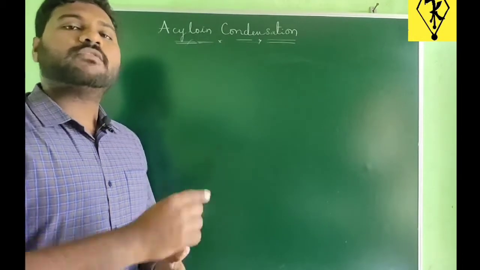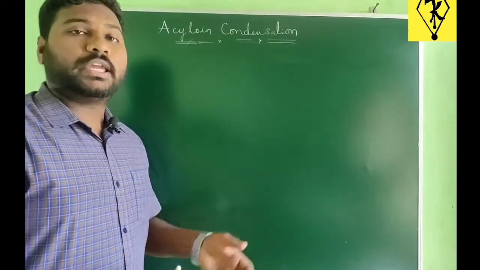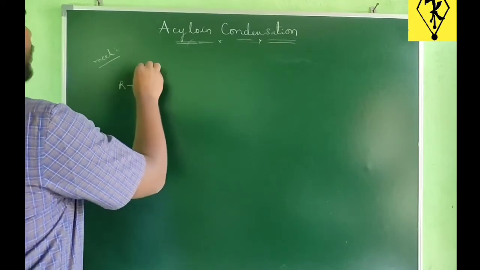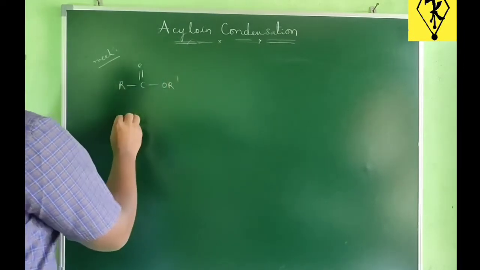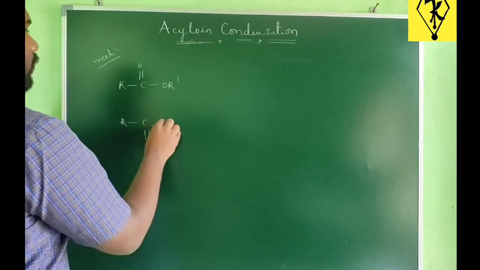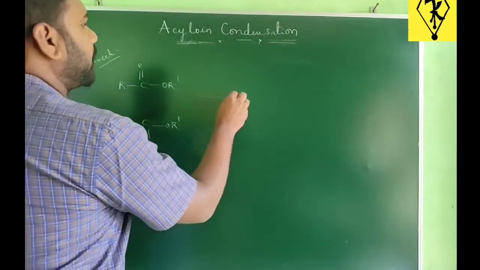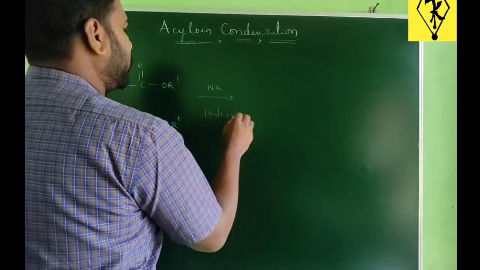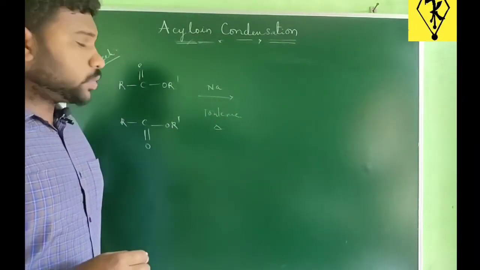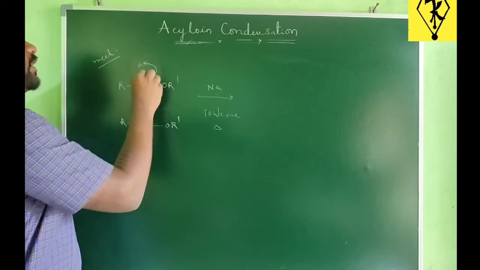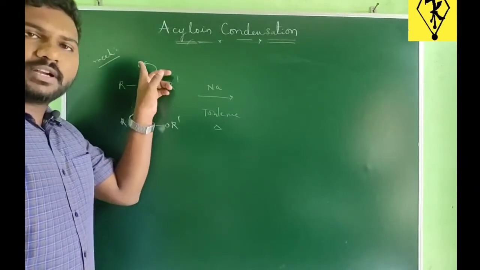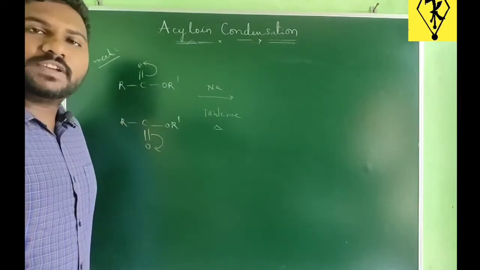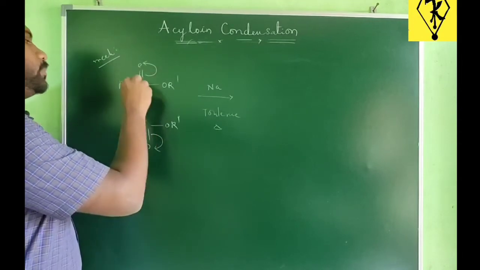In the first step, sodium will react with the carboxylic ester to give a radical anion. We'll see that step. So let us take 2 carboxylic ester molecules, on reacting with sodium in the presence of a solvent like toluene and on heating. Now because of the electronegativity difference between carbon and oxygen, this pi bond shifts onto oxygen in both molecules. Now carbon becomes electron deficient. There is a positive charge on carbon now.